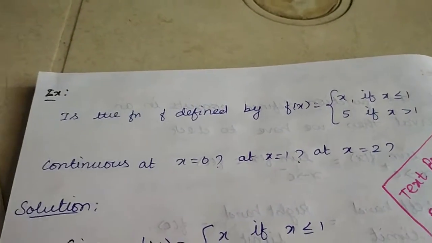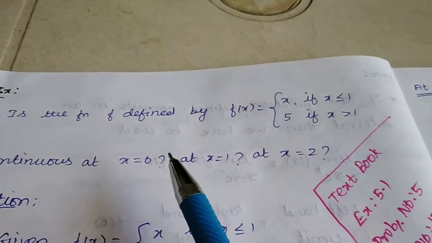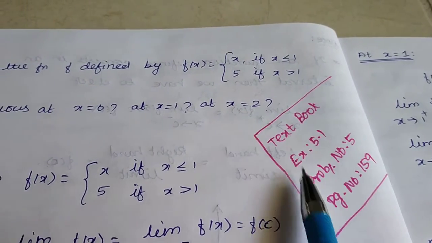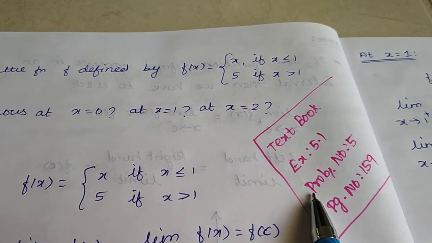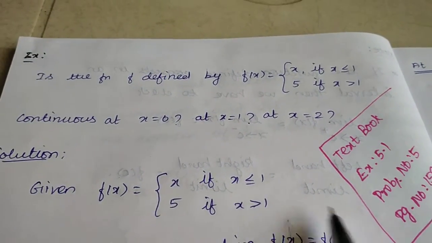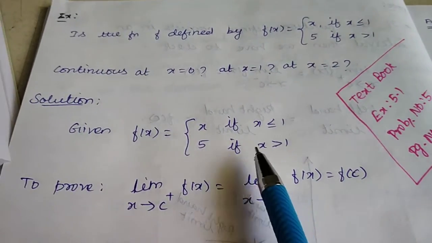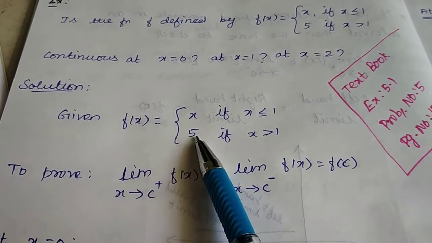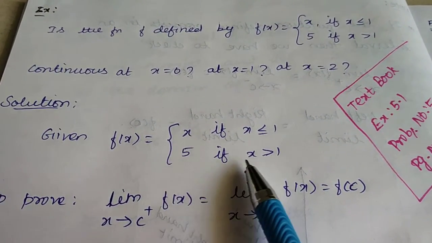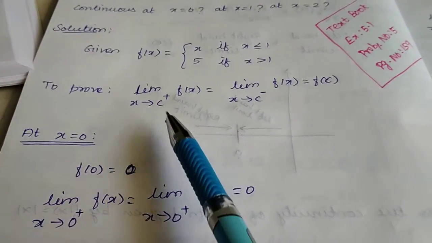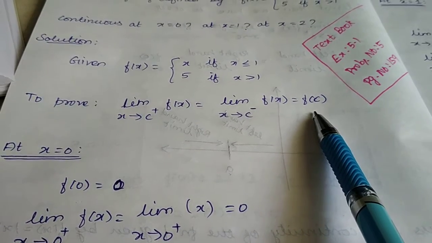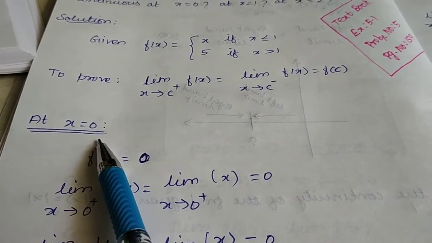Let us see one more example corresponding to this left hand and right hand limit. So I have taken a problem from your textbook, exercise number 5.1, problem number 5, on page number 159. First let us write the given, then what is to be proved. Given f of x as x if x is less than or equal to 1, and 5 if x is greater than 1. Now we have to check whether the left hand limit and right hand limit approach the value f of c. So at x equal to 0,